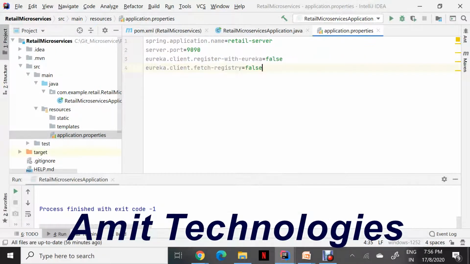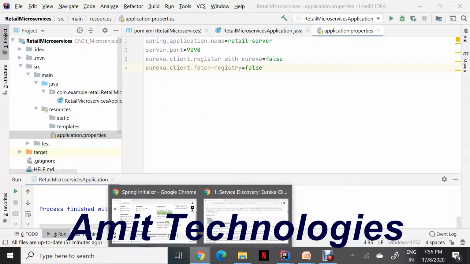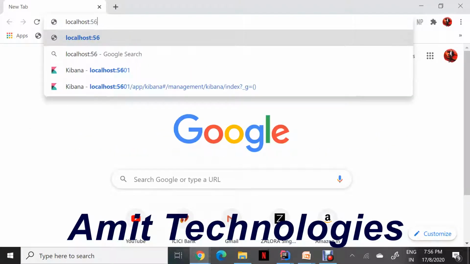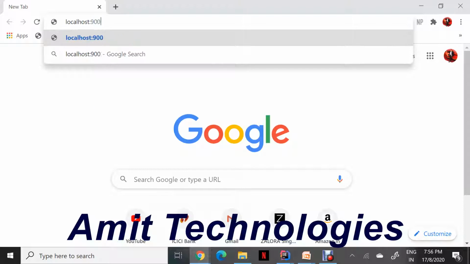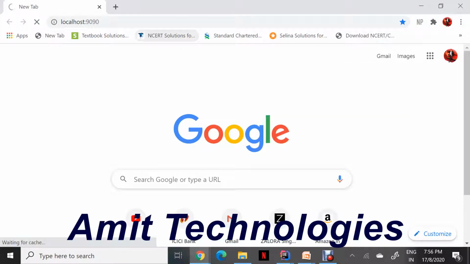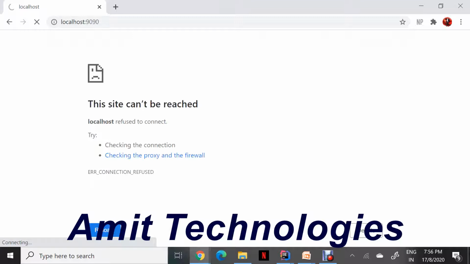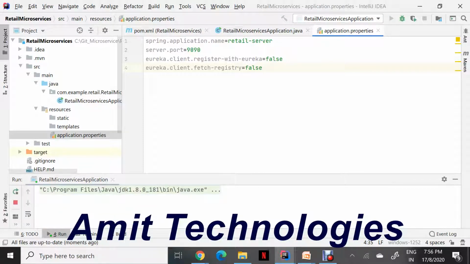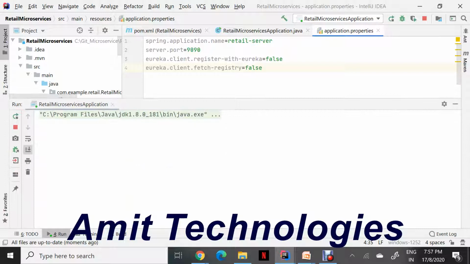So let us first try to see if Eureka server is up or not, because we have not started yet. It will show you that your Eureka server is down. But as soon as we start the server, I think this is all done. So let us start the Eureka server.